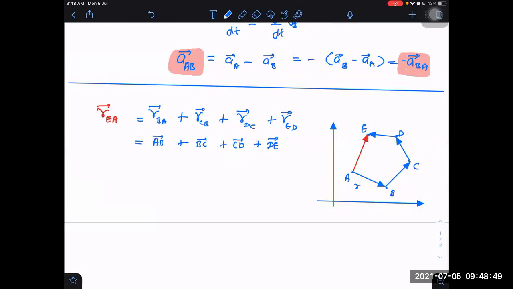So what is it? It is REA finally. Why is it REA? Because it is equal to a vector pointing from A to E. We went A to B, then B to C, then C to D, then D to E. It means ultimately we went from A to E. So we can write it is AE, and if it is AE, then I can write it as REA, position vector of E with respect to A. Okay?